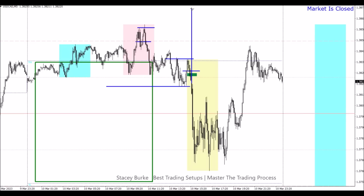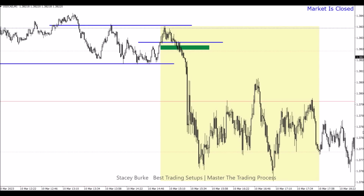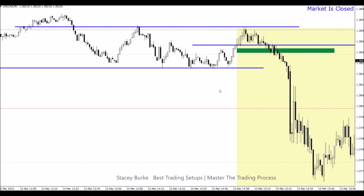Because it all comes back to size. It's not about predicting direction and getting 100 pips. It's about me finding the best trade setups and rinse and repeating them and getting them up to size. Sizing in. This is an easy, low stress, 50 pip trade. No problem. Easy money, except I can't take it because of non-farm payrolls. So coming back to our first bounce opportunity, we did not get a first bounce opportunity. Now, if you took this trade,